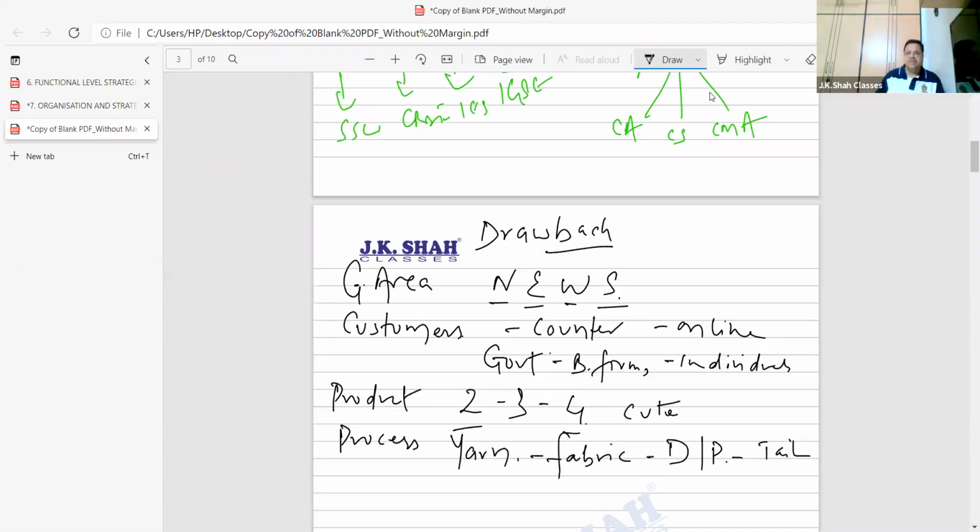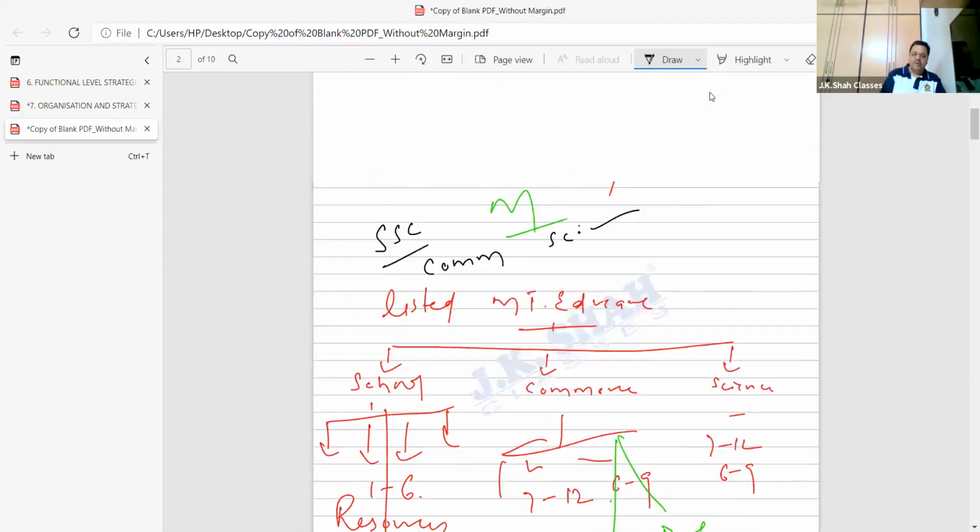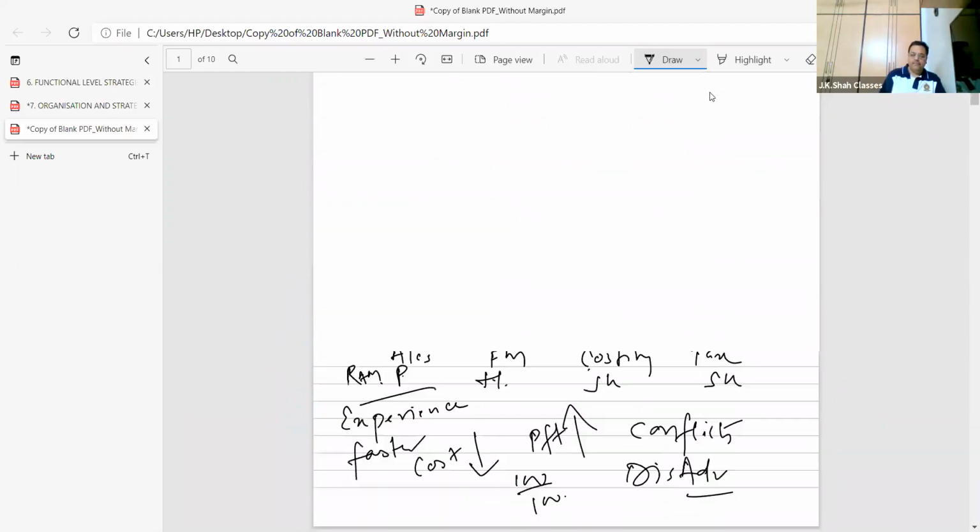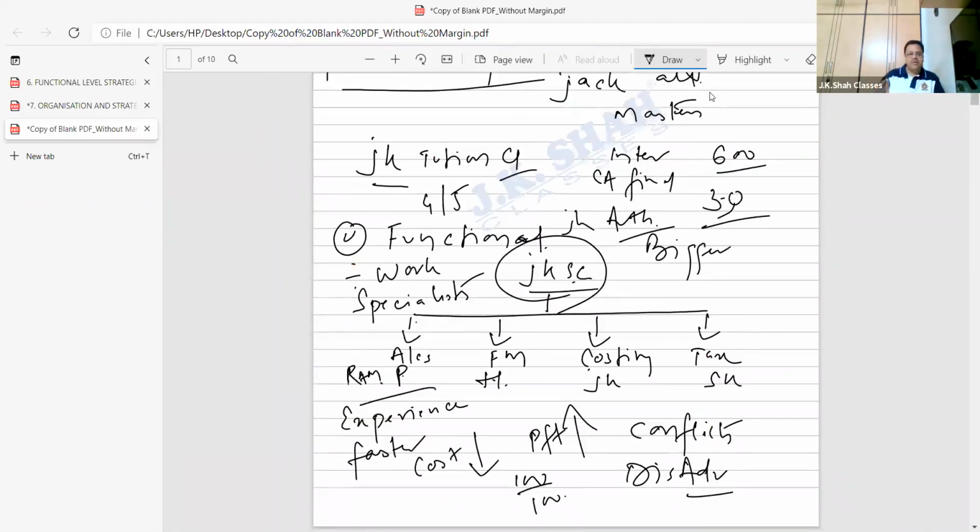Now you tell me, what do you feel is the drawback of divisional structure? Chalo, fast. Some idea, beta, what is the drawback of divisional structure? Acha, in functional, what was the drawback? Explain, bacha, functional. Functional, what was the drawback? Drawback number one was what? There was too much of